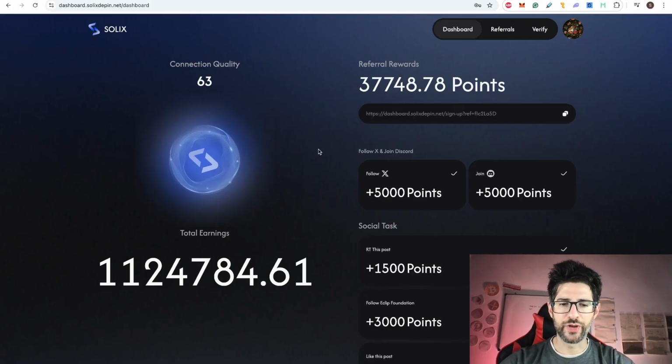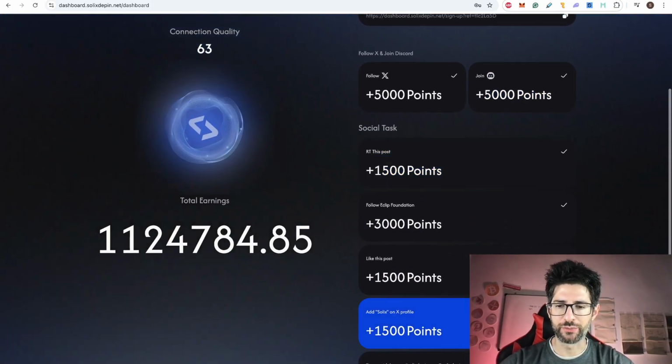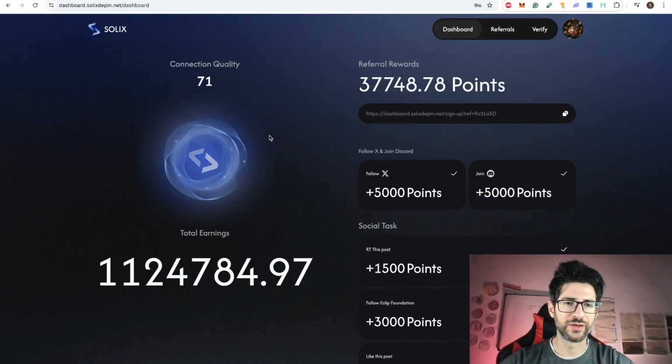Once you sign up there, you're going to be seeing here your total earnings and your connection quality. Again, I am using the online version without the Chrome extension because I think it's safer. Once you connect, you can do this simple task. You only need to do it once. It's very easy to do. And after that, you just need to keep this open, and you are going to see your earnings here